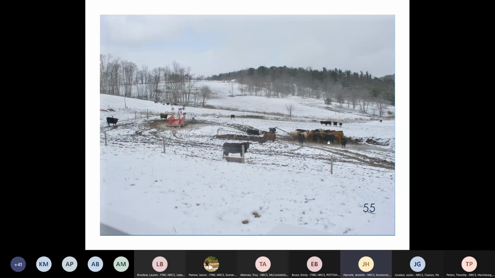Here's another site. They have 3 different areas where they're feeding hay outside. No runoff controls. They'll probably collect the manure and pile it, and maybe spread it before the next winter season. But